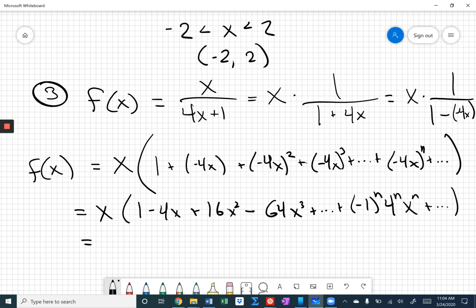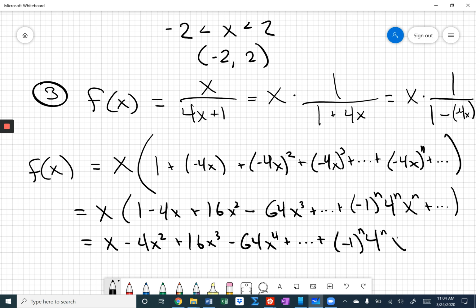and then I'm going to distribute the x, so x minus 4x squared plus 16x cubed minus 64x to the fourth plus dot dot dot plus negative 1 to the n, 4 to the n, x to the n plus 1